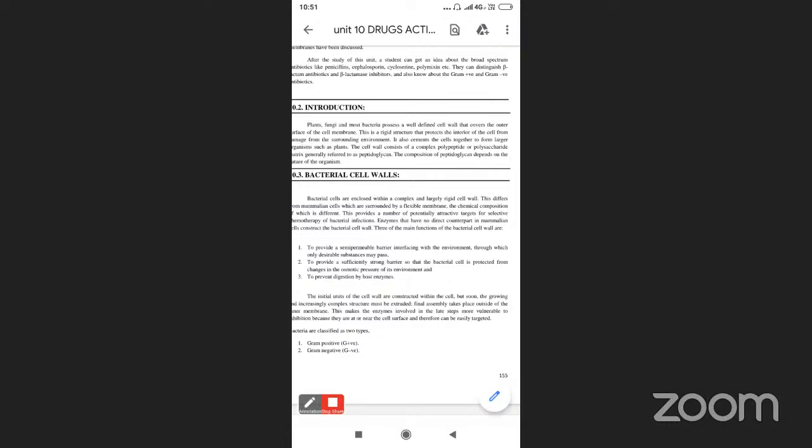So, what is the function of the cell wall in bacteria? How is the cell wall protecting the bacteria? You can see there are three major functions. First, the function of the cell wall of the bacteria is to provide a semi-permeable barrier interfering with the environment through which